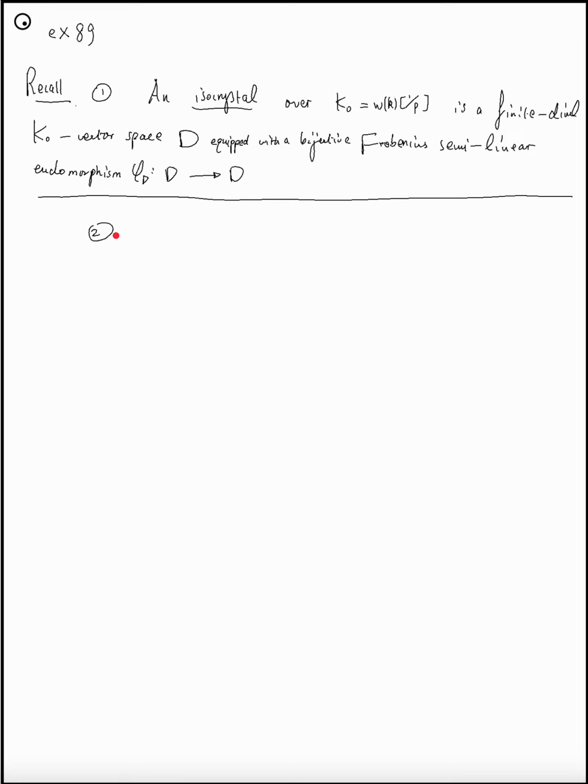Secondly, recall that we have a very important class of isocrystals over K0, which has building blocks defined as T_{R,S}, K0 phi, quotient by the ideal generated by phi to the power R minus p to the power S. R is positive, S, both integers. Thirdly, let's recall that